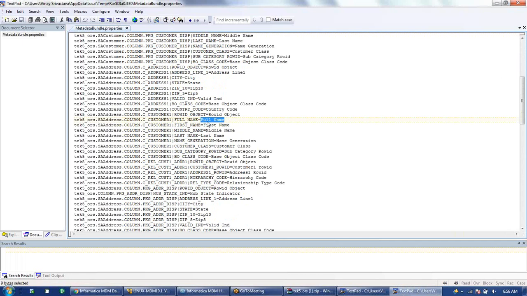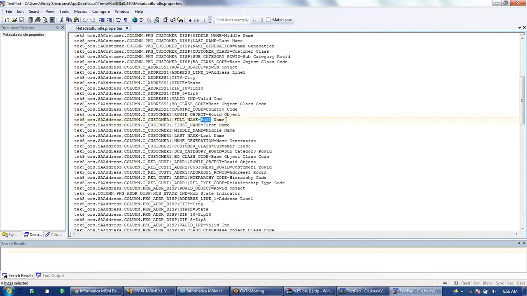But in the IDD application, suppose you want to change it. You don't want full name. You want that instead of full name, I want customer name to be present here. But I don't want to touch MDM. In MDM, let it be full name. But in IDD, I want customer name to be here. So this change, I cannot do it from the UI layer. In the UI, it doesn't give me an option. In the configuration screen, I can just select a column or I can remove a column, but I cannot change the display name of a particular column.